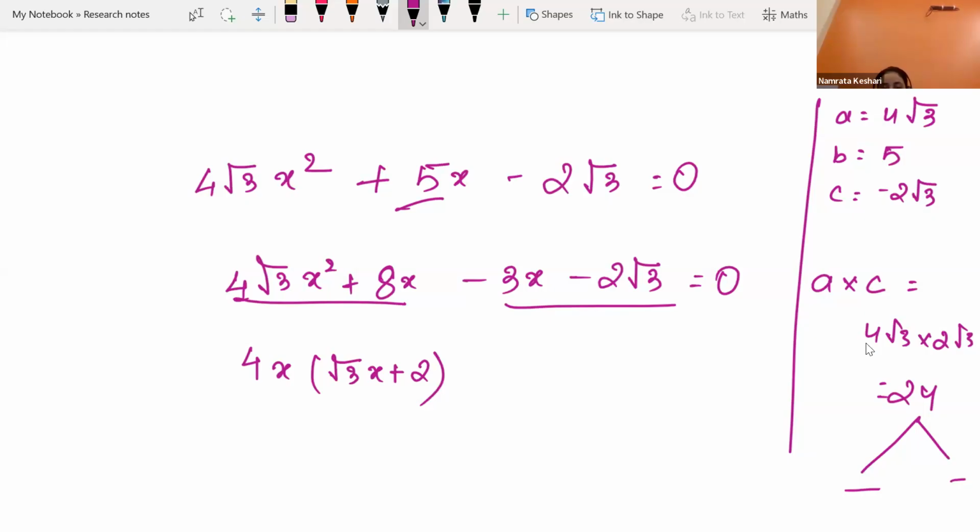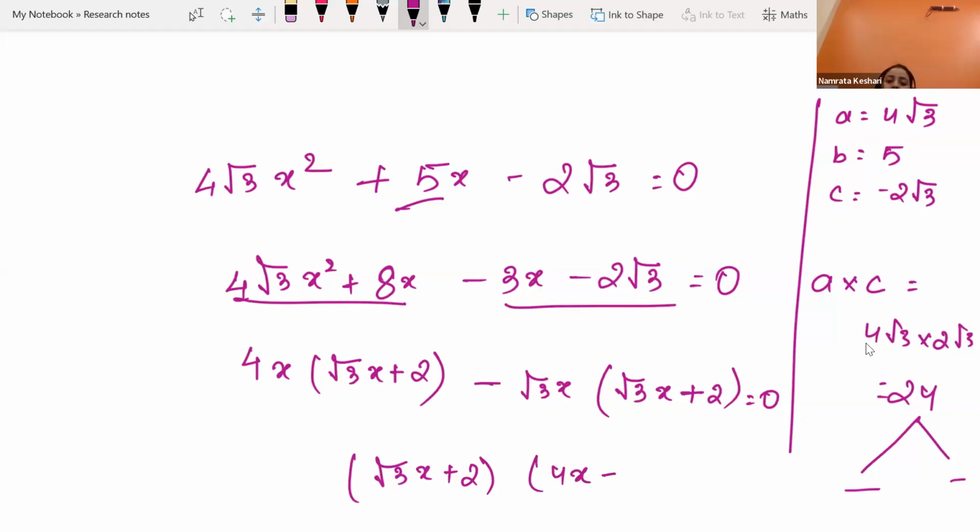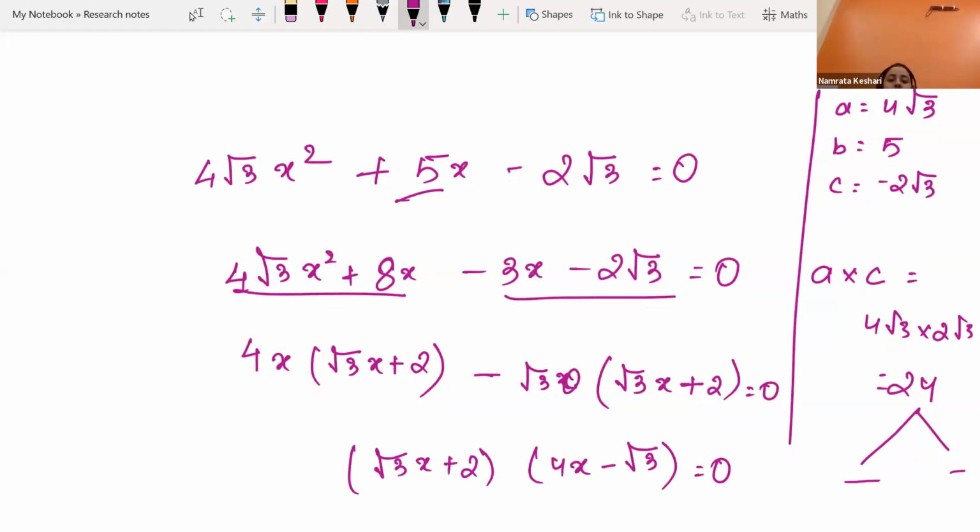You can take root 3x as common. Yes, root 3x you can take out. What is the remaining? So we're left with root 3 minus 2. Plus 2 or minus 2? It will be plus 2. So we are having root 3x plus 2 in one bracket and in another bracket 4x minus root 3. So x values will be,